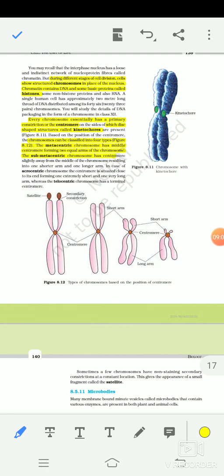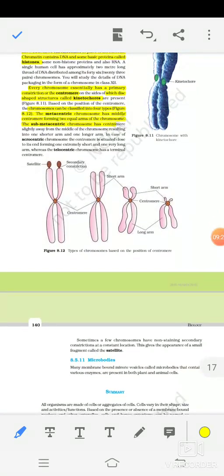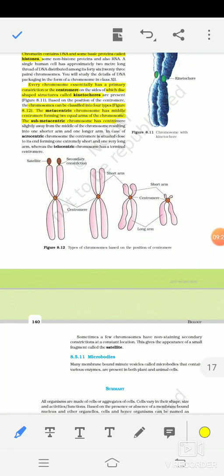The metacentric chromosome has a middle centromere forming two equal arms of the chromosome. The submetacentric chromosome has a centromere slightly away from the middle of the chromosome, resulting in one shorter arm and one longer arm. In the acrocentric chromosome, the centromere is situated close to the end, forming an extremely short arm and one long arm, whereas the telocentric